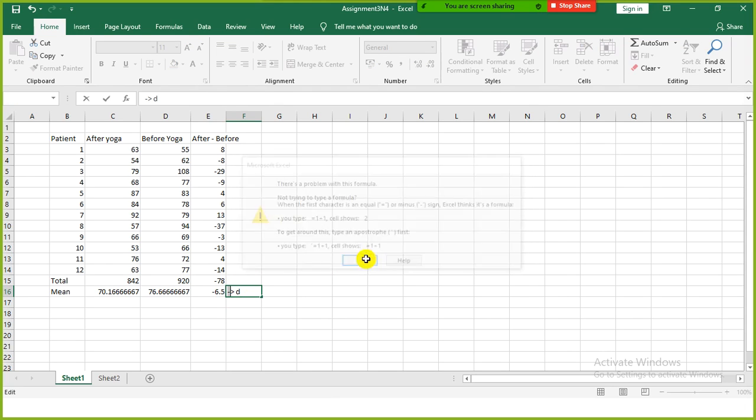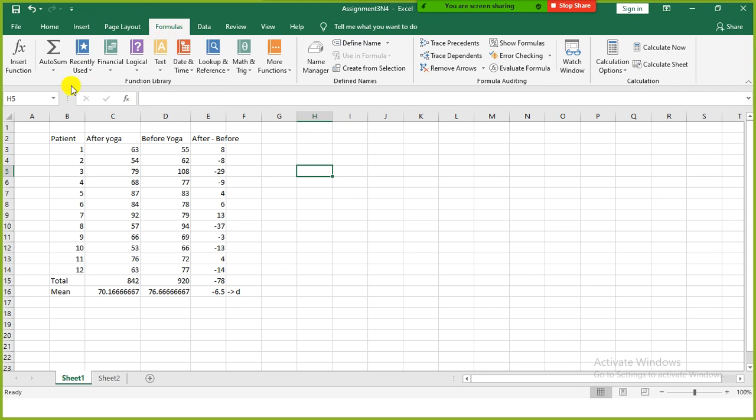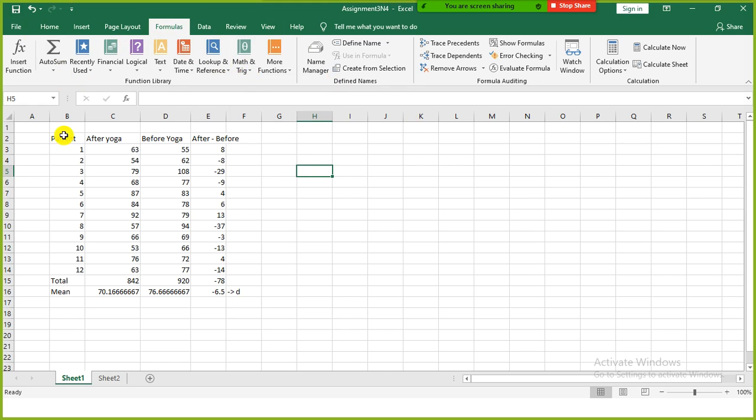So this is d bar. And the t test statistic formula: t is equivalent to the d bar divided by the standard error of d bar.